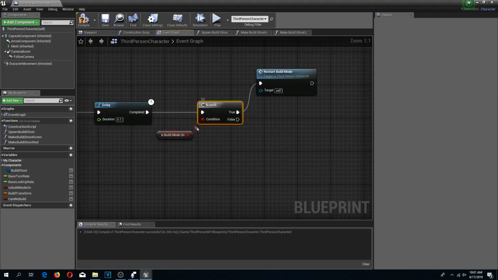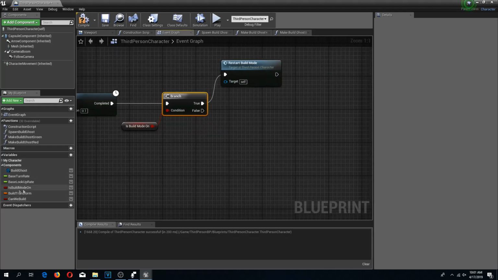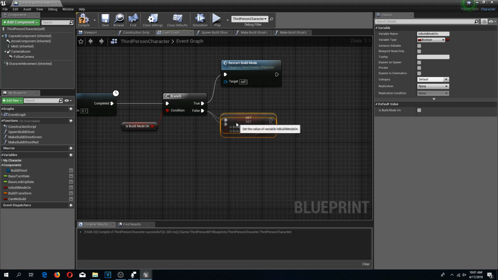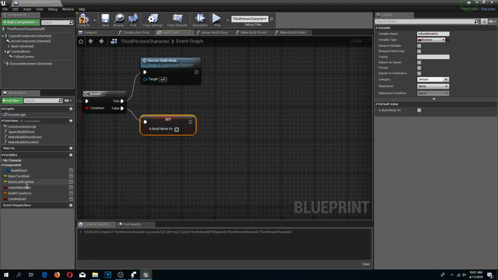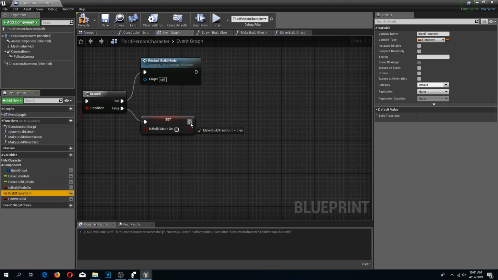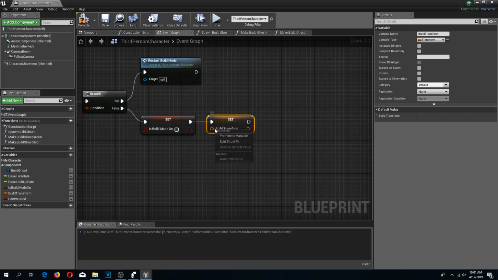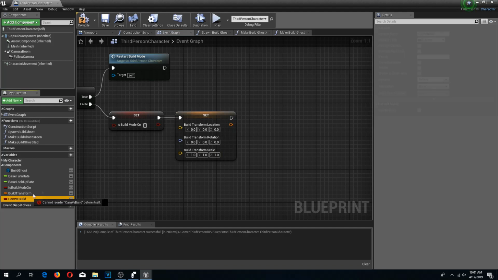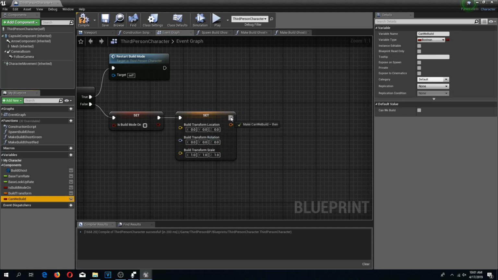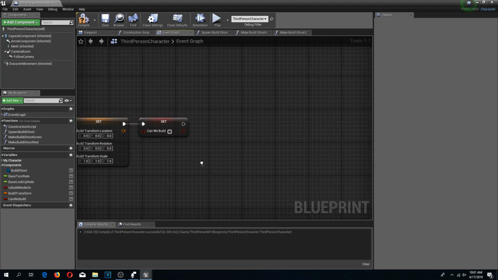And now if the build mode is not turned on, we're going to make sure that it actually is turned off. So set build mode to false. Is build mode on? False. And we need to reset our transform. To do that you need to split these pins so that here would be these values. Otherwise, if it's combined, this is not gonna work. So split these. Also, just to make sure, we can set can we build to false, and we need